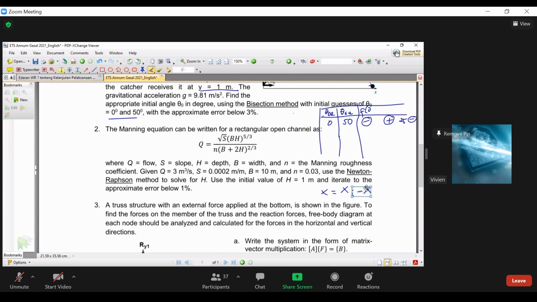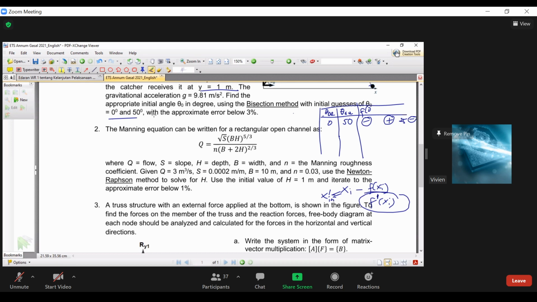So this will be the calculation for the new root. The new root, x i plus 1, will be the old value minus f of xi, so that will be equal to that. So it means that we need to find the gradient. Now, before that, we have to